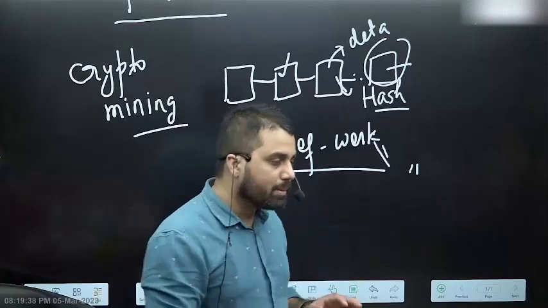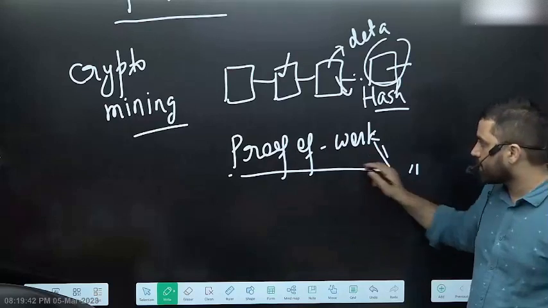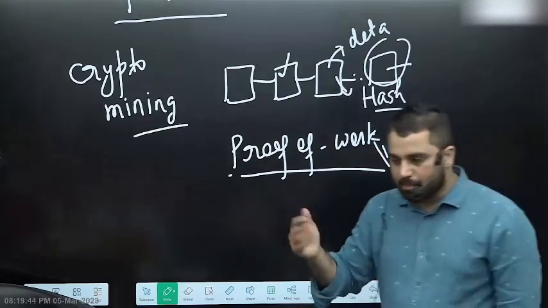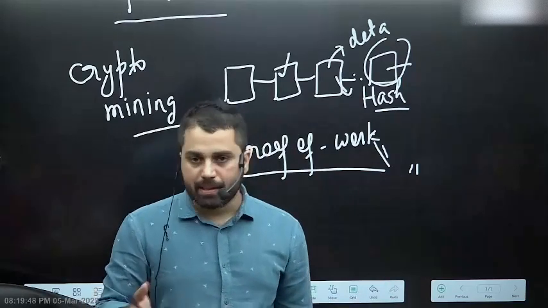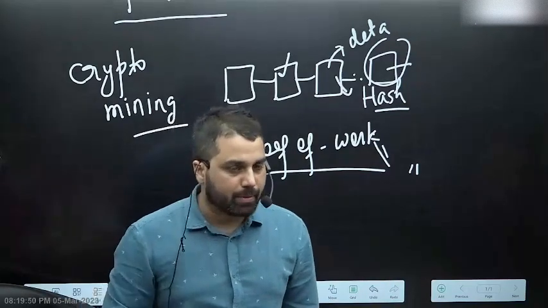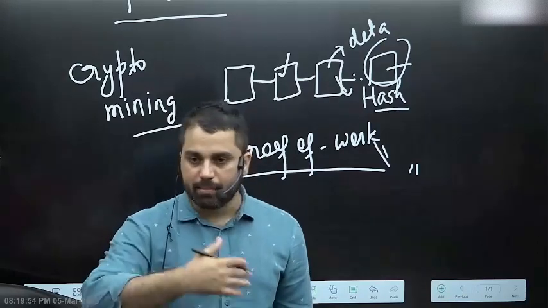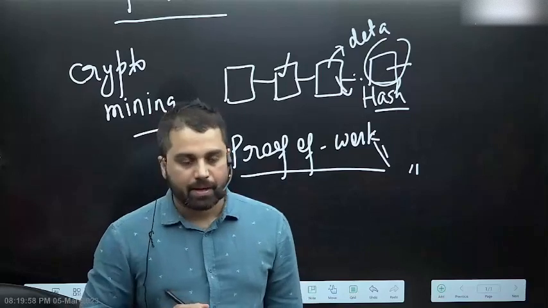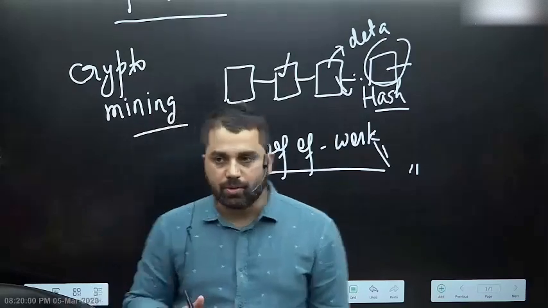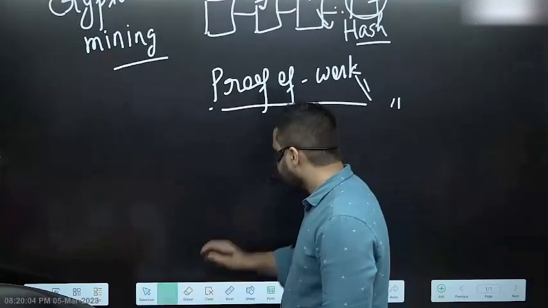तो ये एक बहुत बड़ा challenge था blockchain technology based on proof of work system, that the power consumption was very high. So Ethereum founders, they thought, nobody knows who founded Bitcoin, but we know Ethereum founders. Ethereum founders और जो पूरी Ethereum community है, they thought that we have to find an alternative solution. And this alternative solution is called proof of stake system. So in proof of stake system what happens,